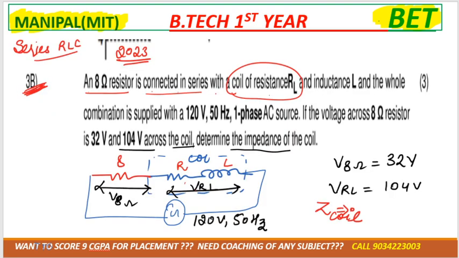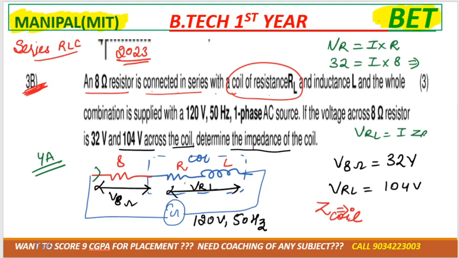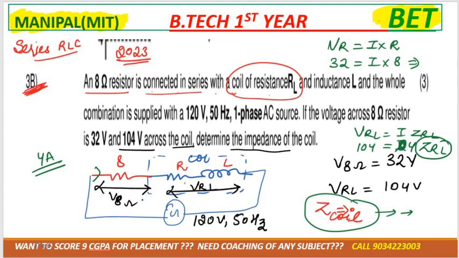By using this formula, VR equals I into R. VR is 32 and resistance is 8, so we get the current, that is 4 ampere, correct? Then VRL equals I into ZRL. VRL is 104, I is 4, and ZRL we can get. ZRL is the impedance of the coil. This is what they want to ask. Okay,